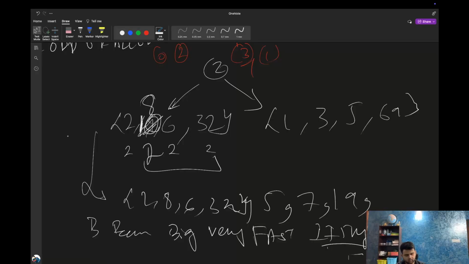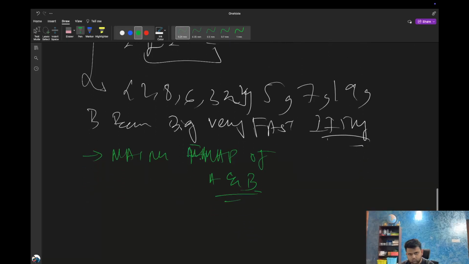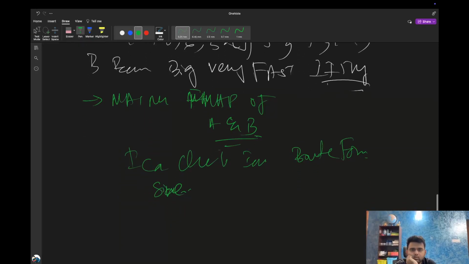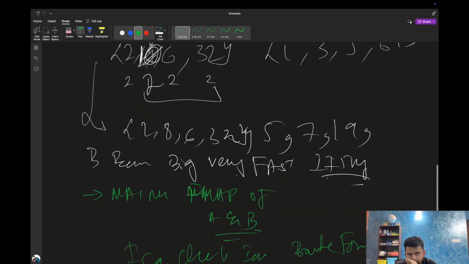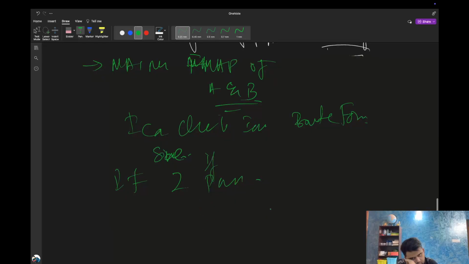So I can maintain, right, maintain frequency map of A and B. I can check with brute force, so if 2 passes, then you have n and then root n. If 3 passes,